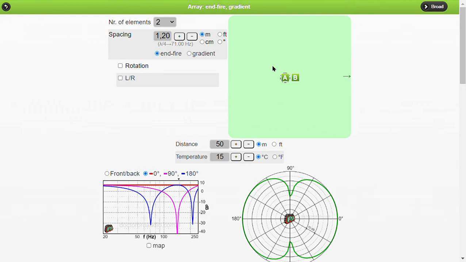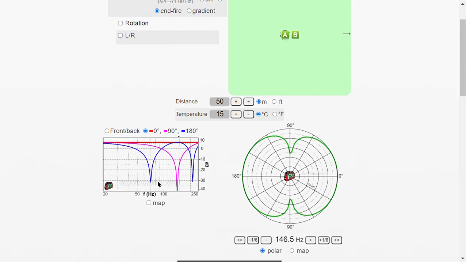If you are at, say, 100 meters, then one could be at 100 meters and one could be at 101 meters. So you'll be able to get basically the same level and therefore deep notches. If we change this to 10 meters, then those notches are less deep.